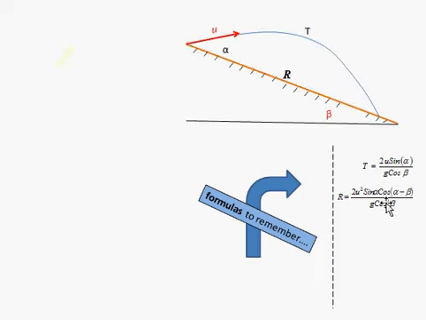In order to know the T, R and all other related things, we need to understand this diagram. When a particle is projected from this point on an inclined plane, it will choose a path like this and it will hit this point. This is the time taken for the corresponding travel, and this R is the range, the distance from this point to this point. Alpha represents the angle of projection with respect to the inclined plane, and beta is the angle between the inclined plane and the horizontal plane. To know the derivation of these two formulas, you can refer to one of our previous videos. With this, we will move to the question.